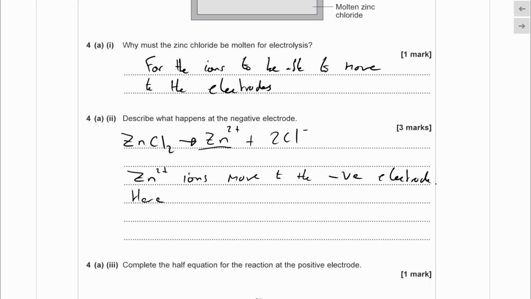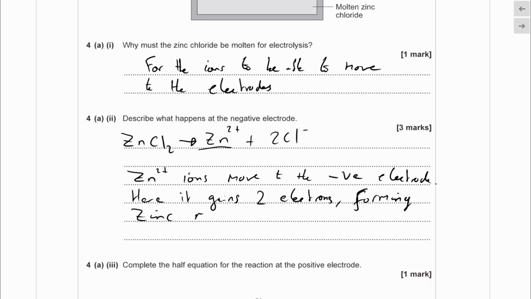Now, what happens at the negative electrode? Well, they're going to gain electrons, right? The electrode is negative, so it has excess electrons, and those are given to the positive ion. So here, it gains, and in this case, we've got a 2+ ion, so it's going to gain 2 electrons. So it gains 2 electrons, and this is going to form